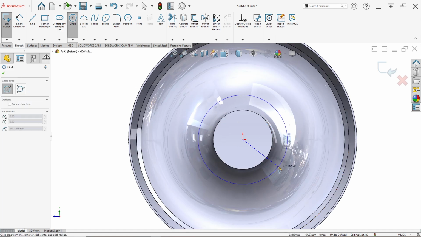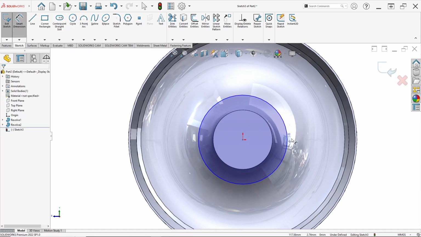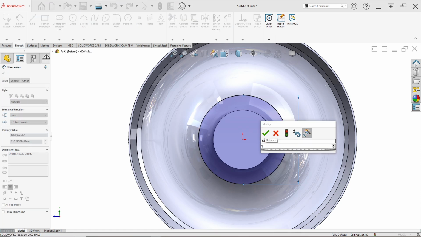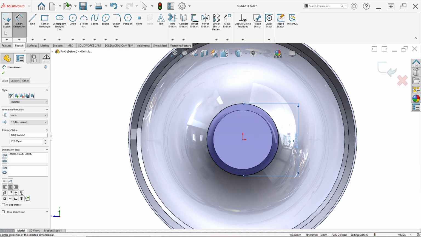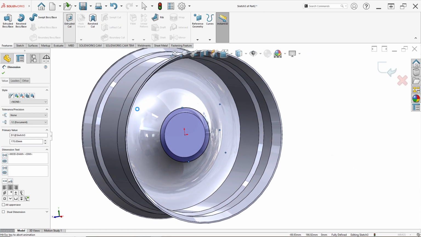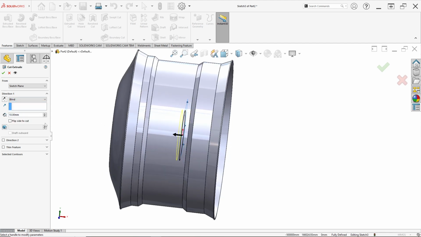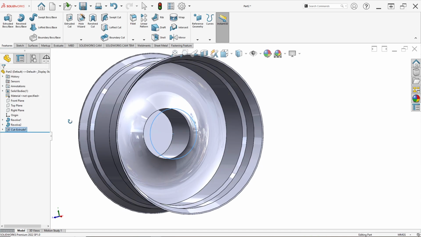Draw a circle in here. The diameter in here I set 170 millimeter, for example, and go to feature, click extrude cut. For direction it is blind, for depth set 200 millimeter like this.